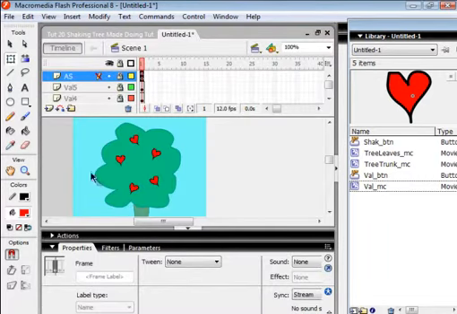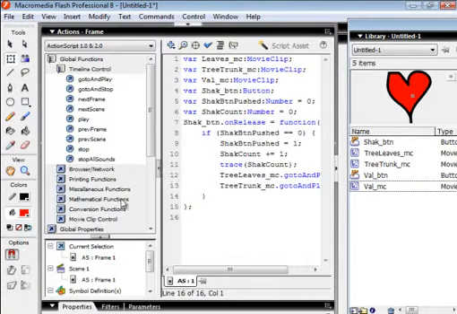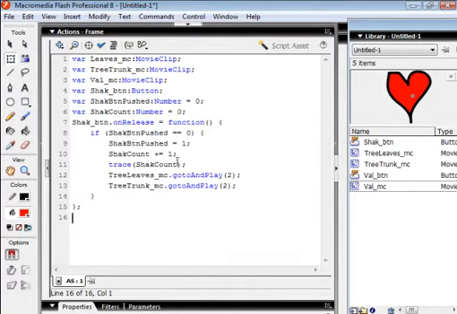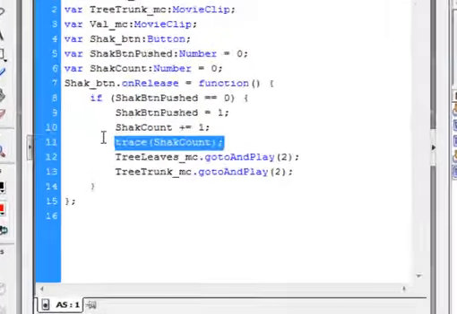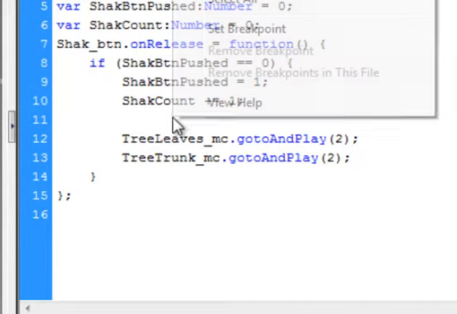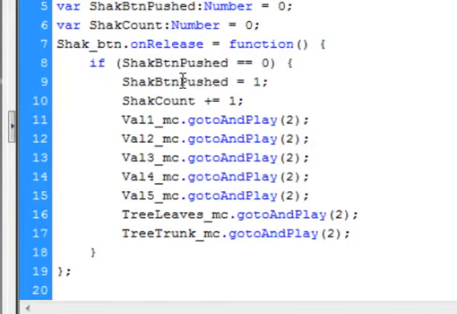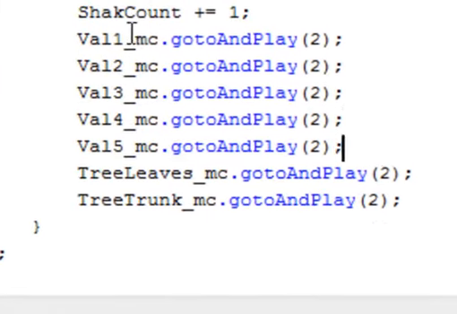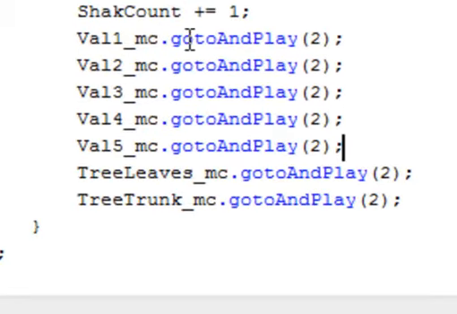Select the Actions panel, frame 1, and let's get rid of this trace. We know that was working. And right where that trace was, I want you to type in this code. I'll read one line. Capital VAL1_MC.gotoAndPlay(2);